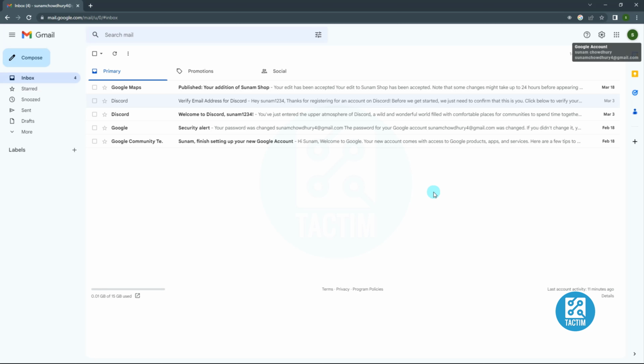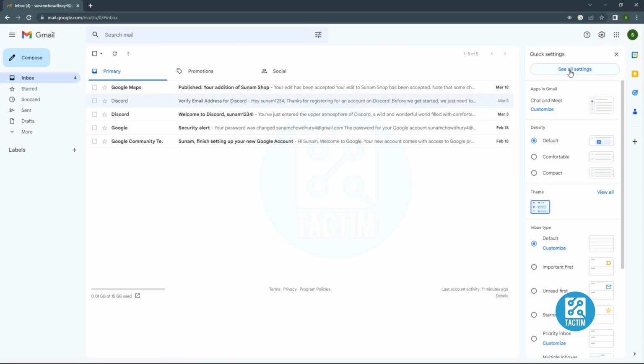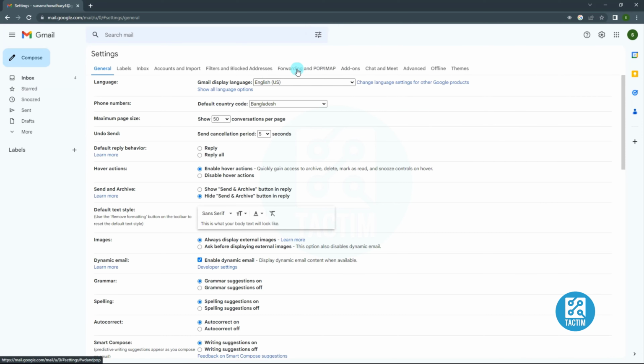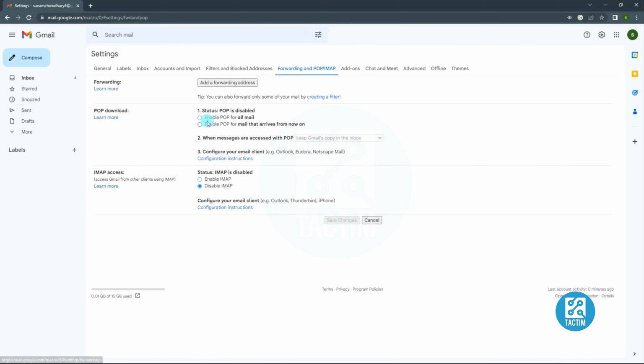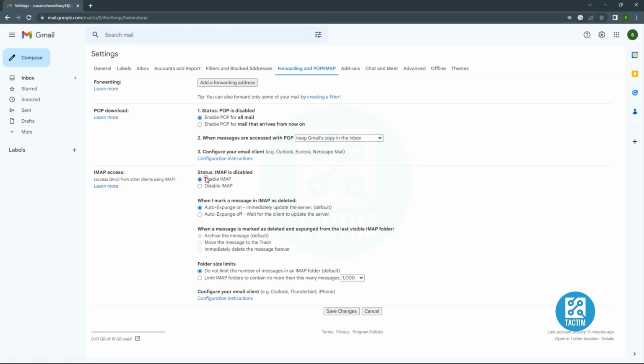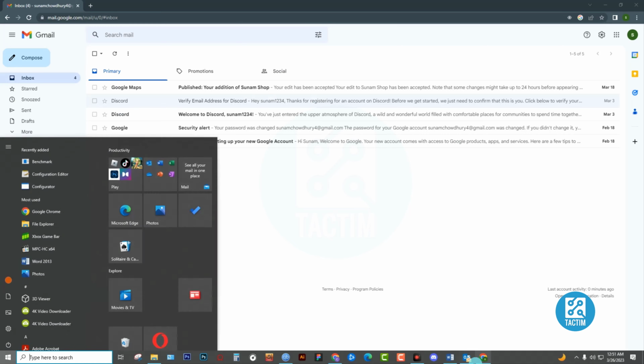Today I'll show you how to configure Microsoft Outlook email. Go to your Gmail, then click Settings, See All Settings, Forwarding and POP, Enable IMAP. Now save changes. Now go to your Outlook,